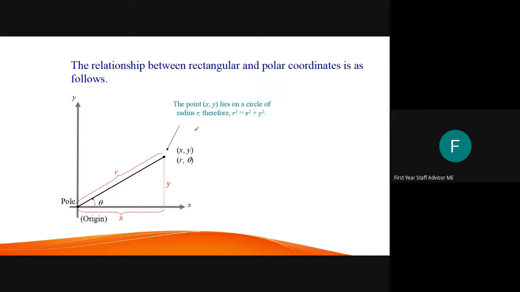Now what we are going to do is find out whether there is any relationship between the polar coordinate system and the rectangular coordinate system. So suppose they have given you the value of x and y, that means you know the rectangular coordinate system value,